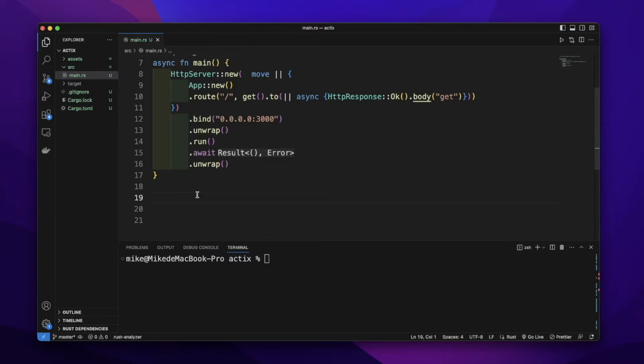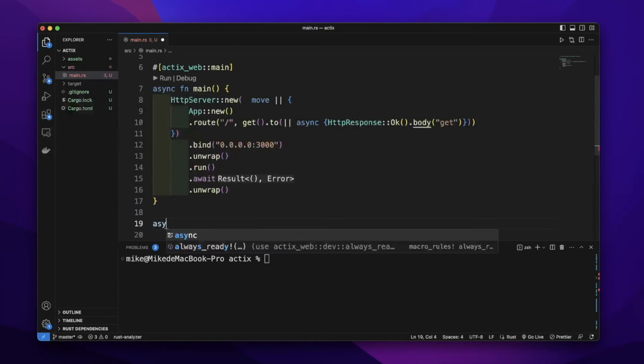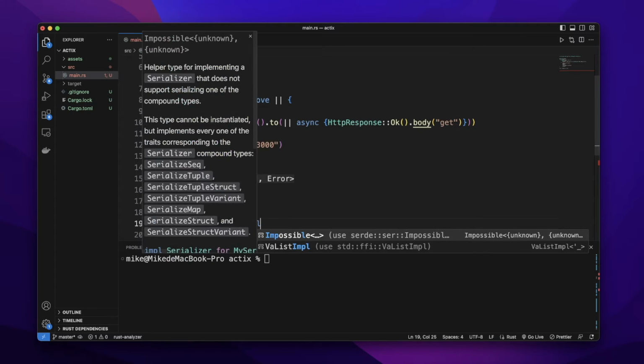We use the Responder trait as a return type for the handler in an Actix-Web server. Here we create an Actix server in the main function. Let's create a handler, an async function. Let's give it the name hello. We will give it a return type impl